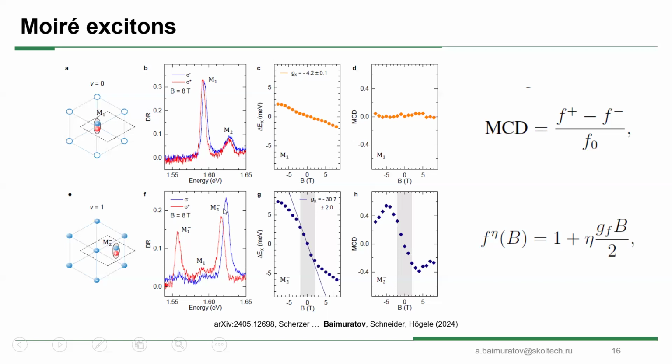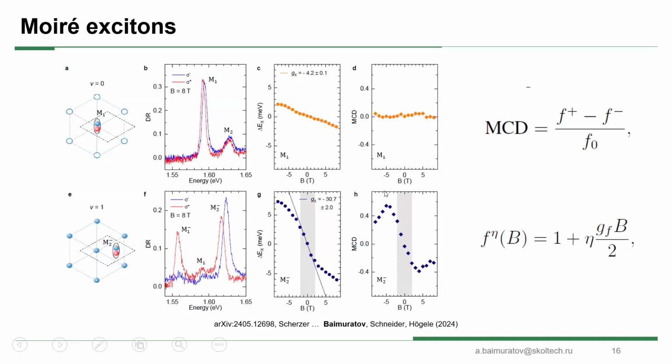Now we look at this M2, which is not trivial as, let's say, monolayer-type excitons. Now we look at this complex, electrons plus exciton, and for small magnetic fields, at one moment we fully polarize all the electrons, and we have again a G factor of -4. Yes, but we look just at this linear slope for small magnetic fields. And this is why we see an increase of this G factor.